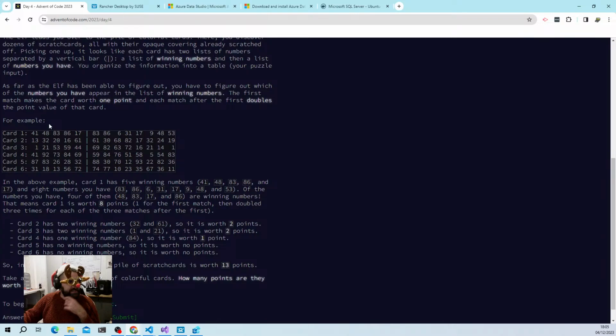Okay. As far as the elf has been able to figure out, you have to figure out which of the numbers you have appear in the list of winning numbers. The first match makes the card worth 1 point, and each match after the first doubles the point value of that card. In the above example, card 1 has 5 winning numbers, so these are the winning numbers, and these are the scratch card numbers. So 41 is a winning number, and it doesn't have 41. 48 is a winning number, it does have 48. 83 is a winning number, it does have that. 86 is a winning number, it does have that. And 17 is a winning number, it does have that. So 5 winning numbers, and